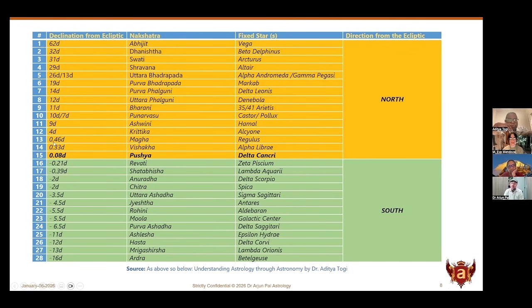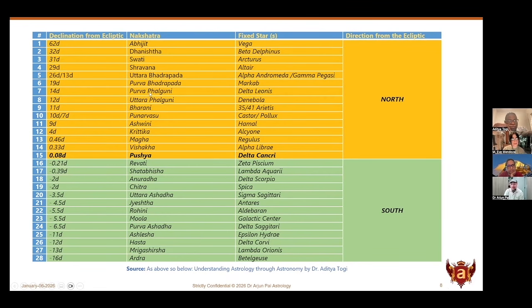So this was a very fantastic table. And from this, I don't have the real slides now, but you can actually see the classification of nakshatras from this table, which nakshatras are Chara nakshatras, Mridu nakshatras, Sthira nakshatras, Tikshna nakshatras, Ugra nakshatras. So you will get a pattern from this, just the declination. And that was very, very surprising for me. Like Rohini is a Sthira nakshatra. All Purva nakshatras are Ugra nakshatras.